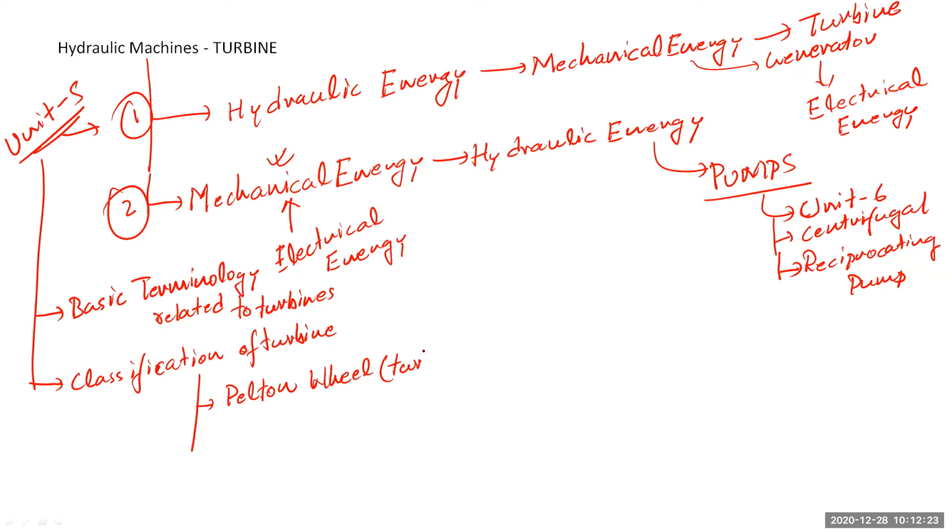Since it is mounted on a wheel, we normally call it Pelton wheel also. Second, we will see the Francis turbine, and the third one, the Kaplan turbine. Now, try to see from where the questions can be asked in your examination. From the examination point of view, we will study.